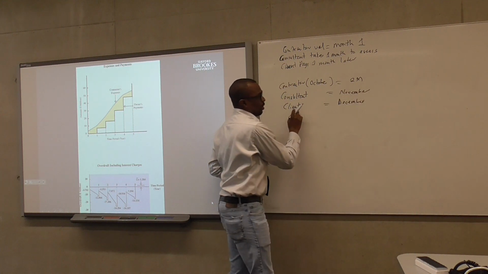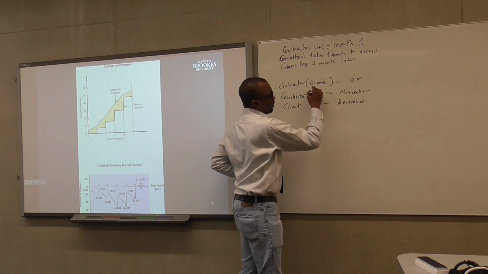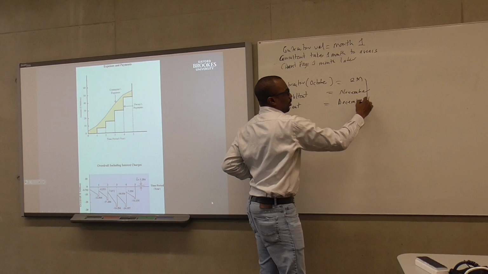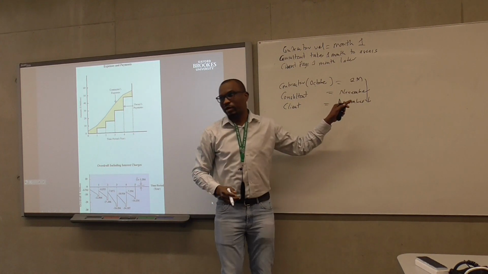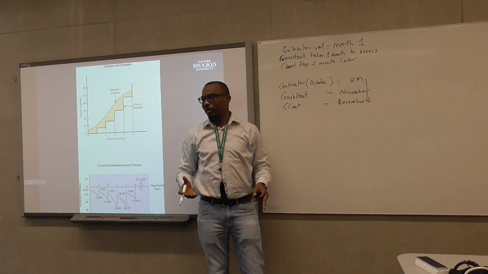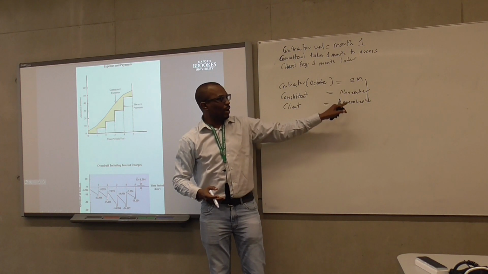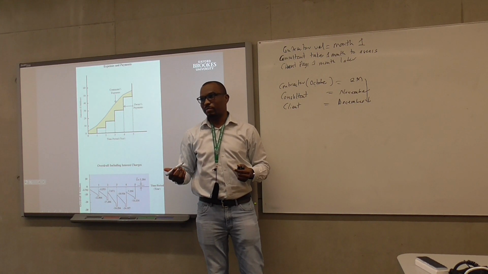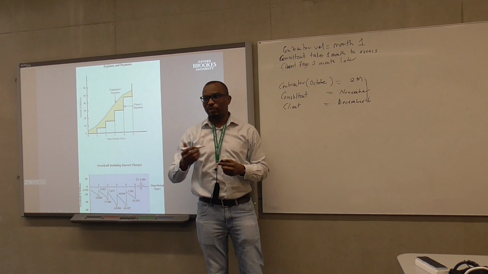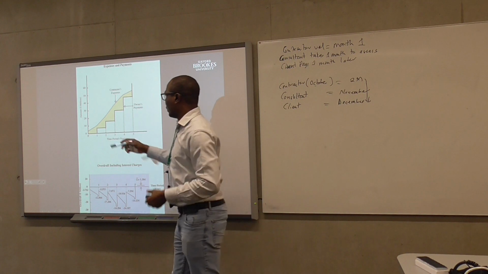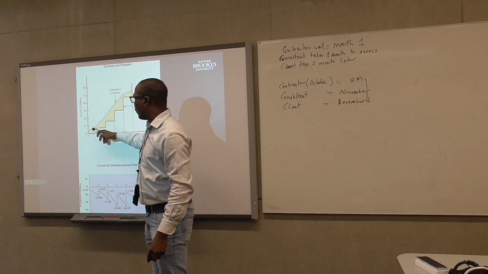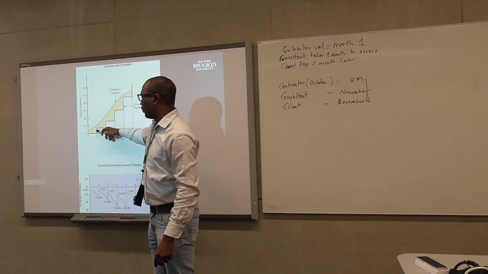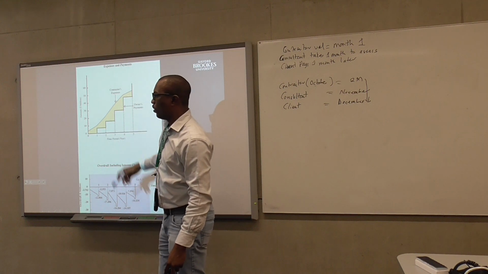So by the time the client pays this $2 million, which was work done in October, we are already in December. And by the time we get to December, the contractor will definitely have been working on the site, right? Between October and December, the contractor could have done an additional work of maybe £500,000 or £400,000. So the contractor is usually always behind. This is what you have here. So at every point in time, the value of work done by the contractor is normally more than what he would have received from the client.